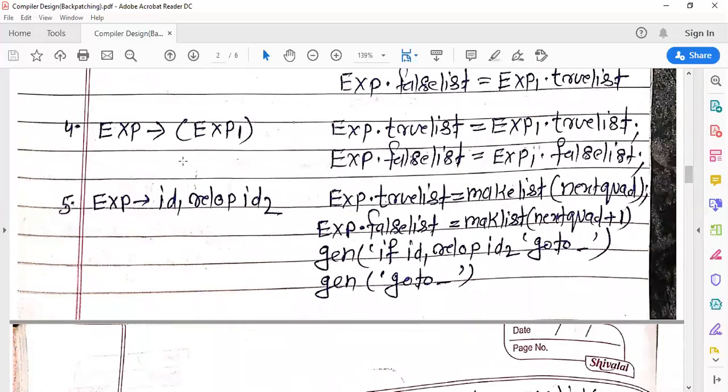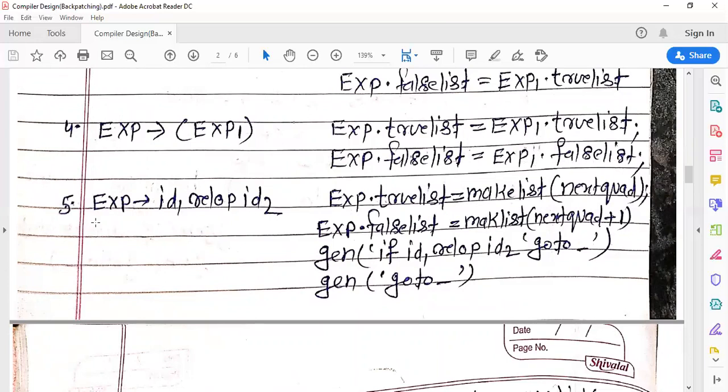Fourth, exp derive left parenthesis exp1 right parenthesis, and for this production the semantic rule is exp.trueList is equal to exp1.trueList, exp.falseList is equal to exp1.falseList.